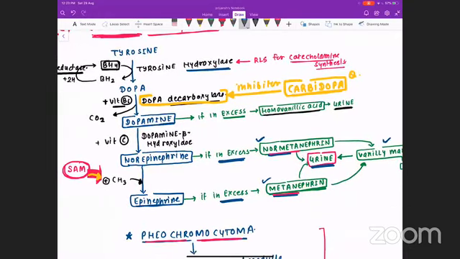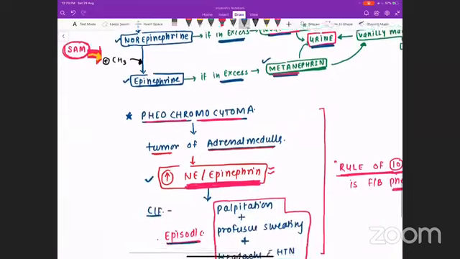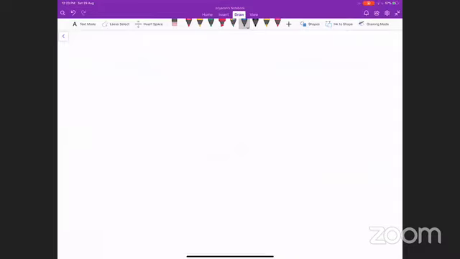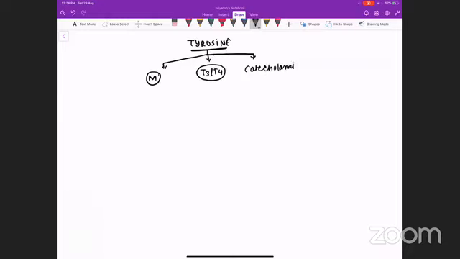So this is how the catecholamines are synthesized: dopamine, norepinephrine, and epinephrine. So the points that we have discussed in the tyrosine, what I can say is, tyrosine is a molecule that is required to produce three special molecules: melanin, T3, T4, and the catecholamines. The catecholamines with the name of dopamine, norepinephrine, and epinephrine.